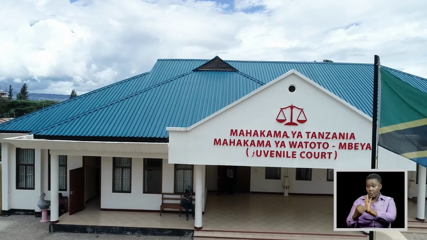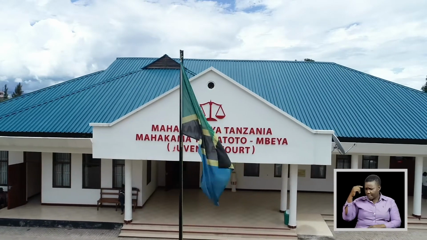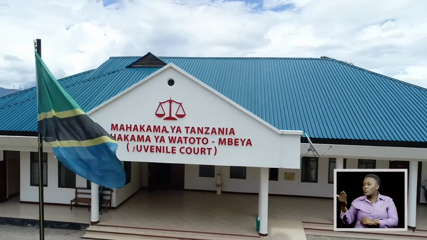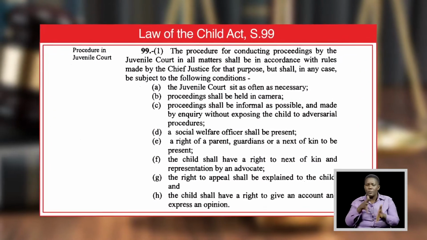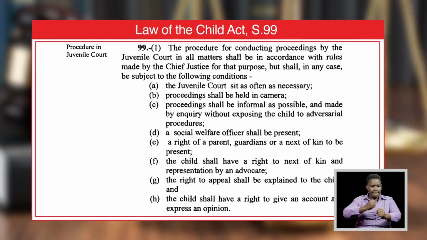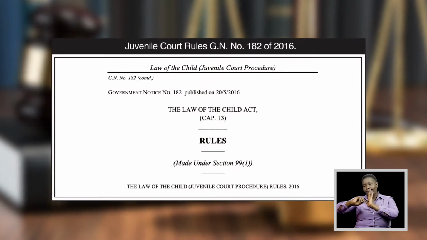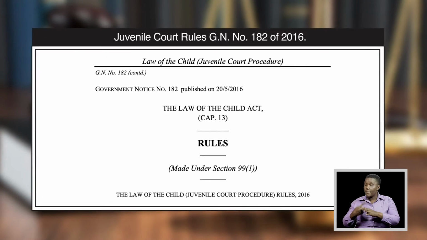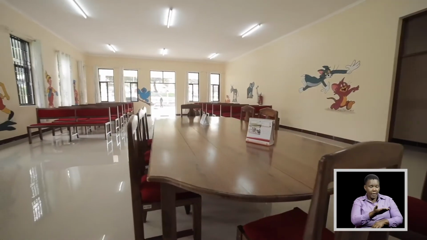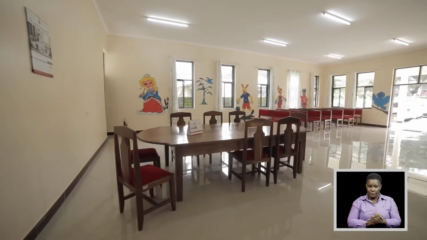According to the Law of the Child Act, Cap 13, Revised Edition of 2019, a child is regarded as any person below the age of 18 years. Section 99 of the Law of the Child Act provides that the procedure in operating juvenile courts shall be in accordance with the juvenile court rules. This is provided under Government Notice No. 182 of 2016. The juvenile court has jurisdiction over criminal cases against a child over the minimum age of criminal